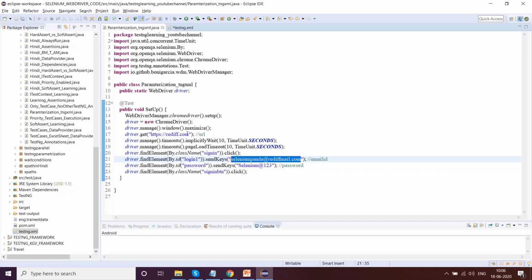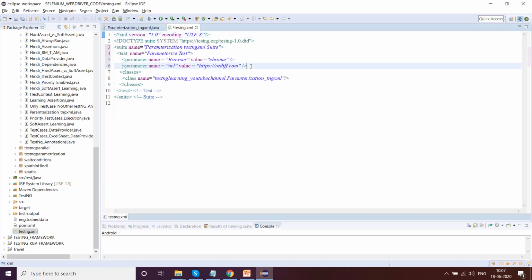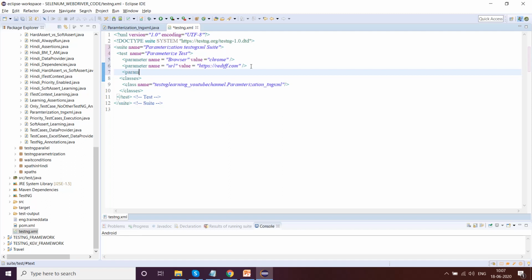If you remember, I told you the definition of parameterization. So we are entering this as an input, okay, we are entering this as an input, we are entering this as an input. And even though a Chrome driver is not exactly an input, but we are still introducing Chrome browser. So what I'll do is we'll parameterize the other one as well. Parameter, excuse me, we have email ID, right? Email ID, and we'll give the value. We all know Selenium Panda at rediffmail.com. Excuse me, guys.